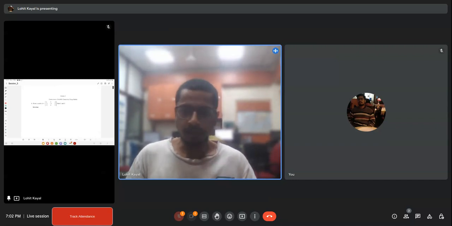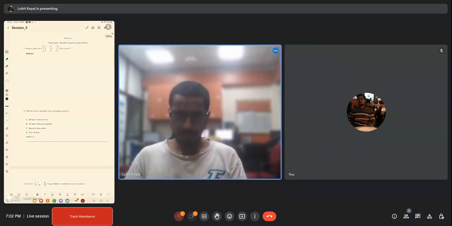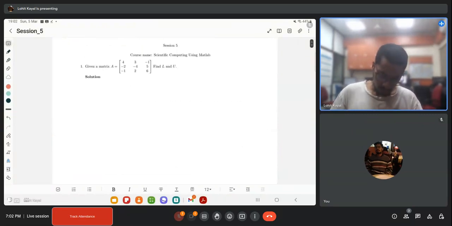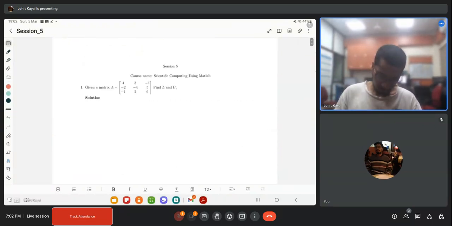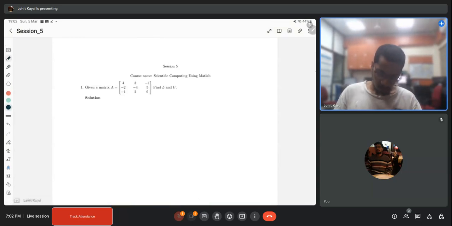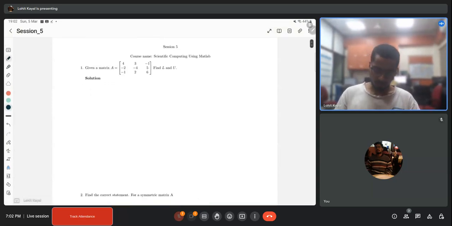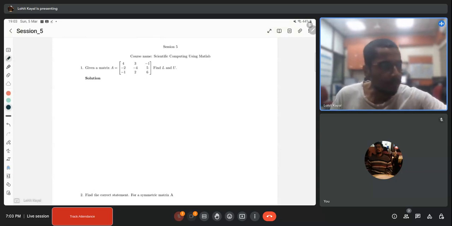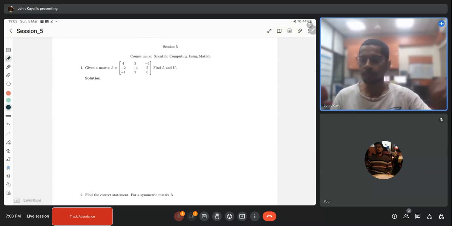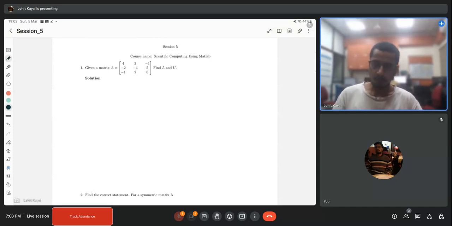So here is an example problem. This is the first problem. You need to find L and U for the given matrix. You need to perform the Gaussian elimination and store the conversion matrix to get L. Now the first stage will be to convert R2 to